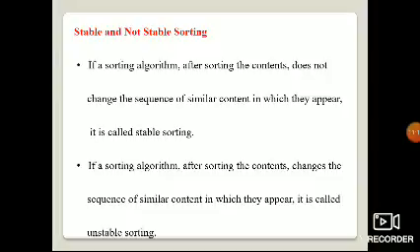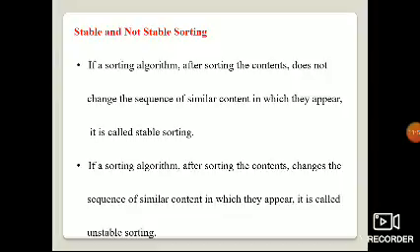If a sorting algorithm, after sorting, does not change the sequence of similar content in which they appear, it is called stable sorting. So if we have already sorted the content, the sequence cannot be changed. That is called stable sorting.